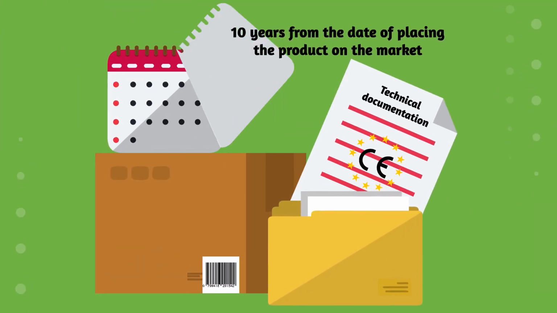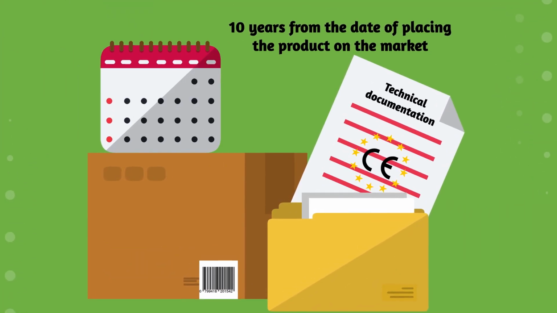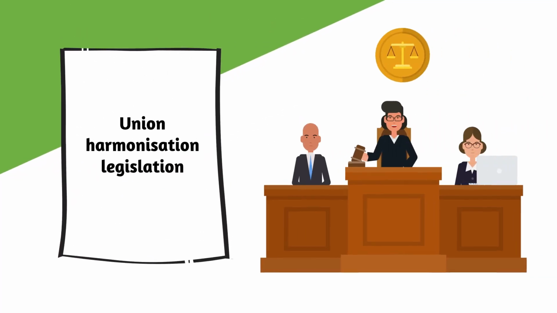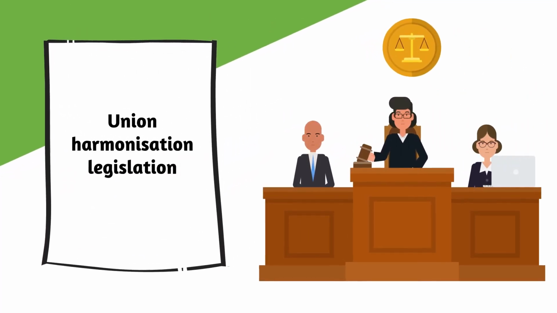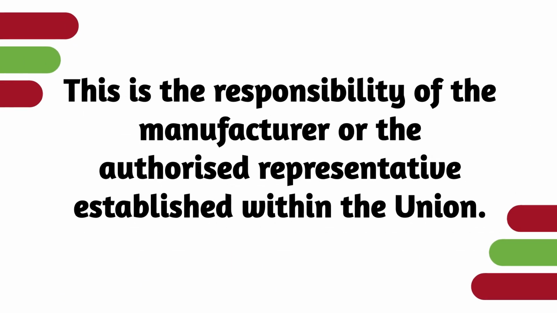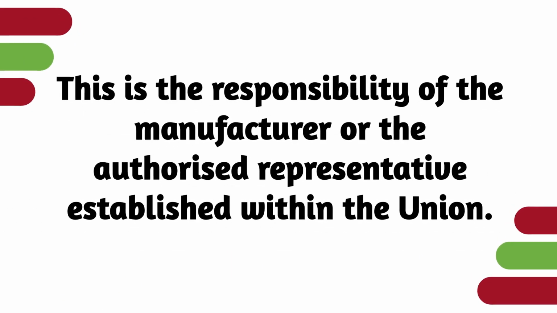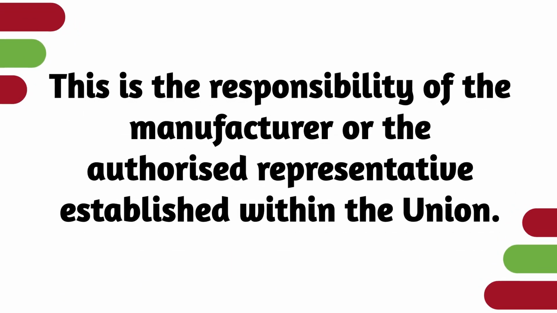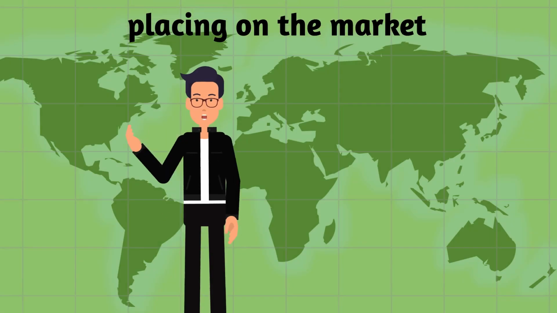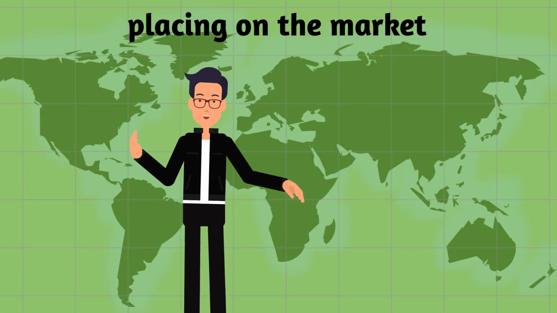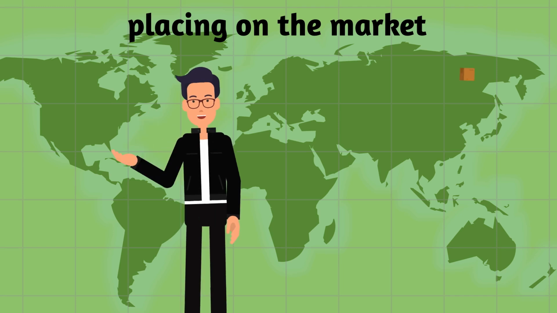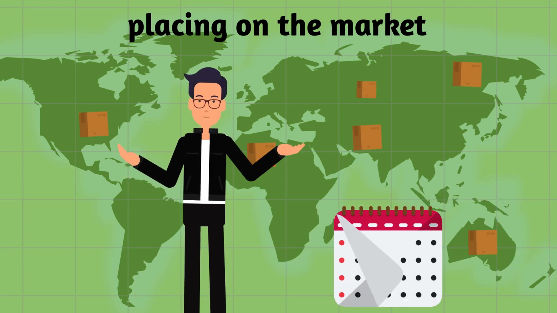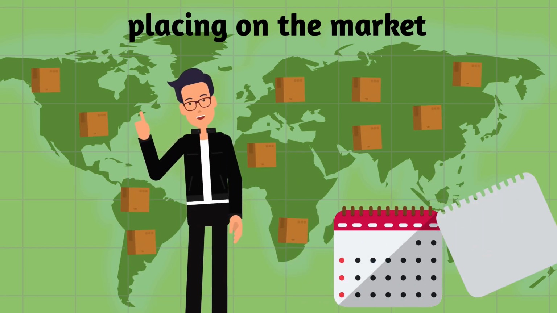The technical documentation must be kept for 10 years from the date of placing the product on the market, unless the applicable union harmonization legislation expressly provides for any other duration. This is the responsibility of the manufacturer or the authorized representative established within the union. Since the concept of placing on the market refers to each individual product or assembly, the time period needs to be calculated from the moment when the individual product or assembly that is covered by the technical documentation is placed